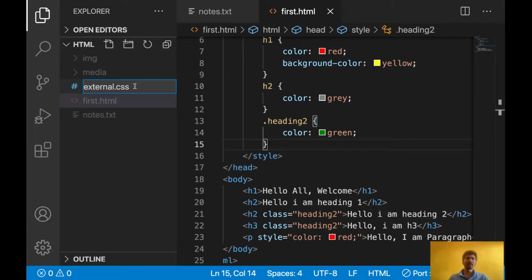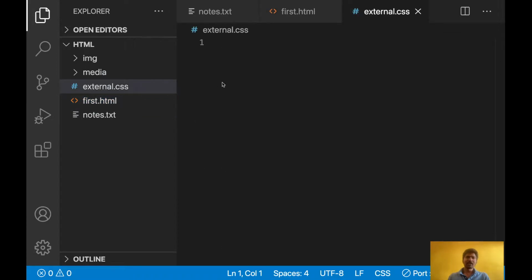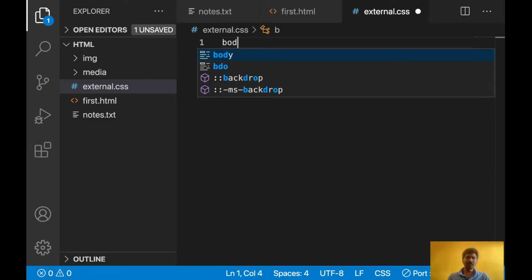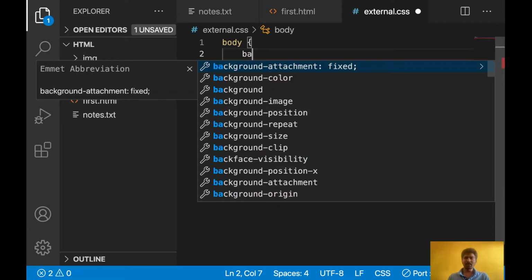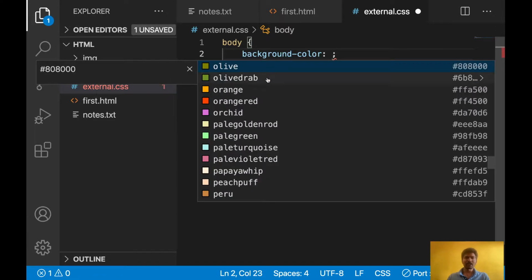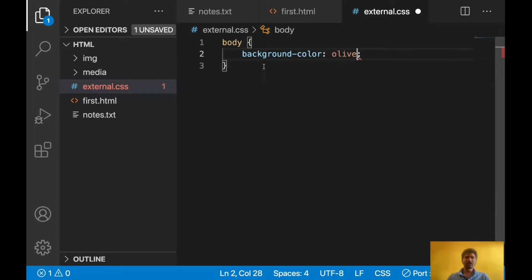Similarly for a CSS file the extension is .css. So let's create it. Here we can write, let's say for body I want to apply some background color, some olive. Let's save this one.